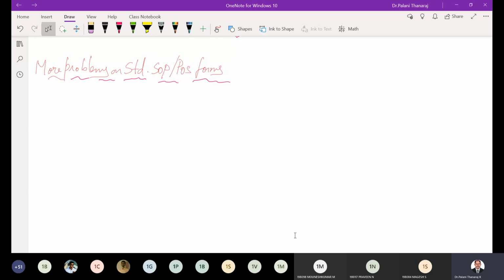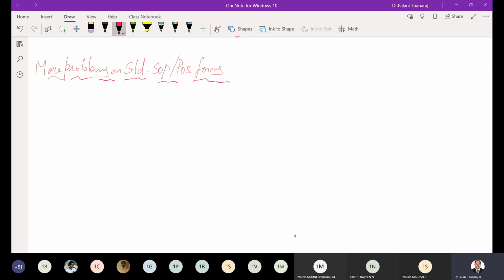Let me start with a different way. I hope you have your class note and you're taking notes. Let me start with a different problem. All this time I gave an expression, and I asked you to simplify or do some manipulation. Now I'm going to give a table right away. It is based on some logic. I'm having this table, and your work is to state the expression in both SOP and POS forms, namely in the standard canonical forms.